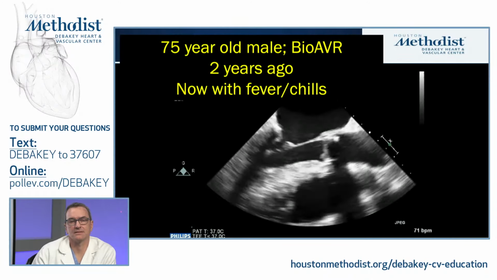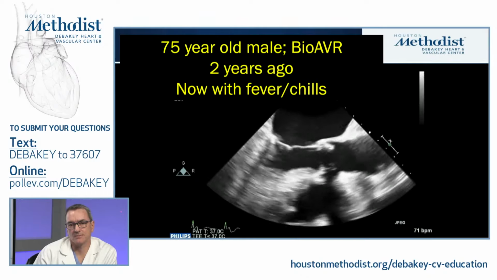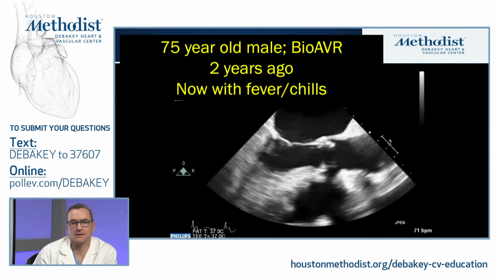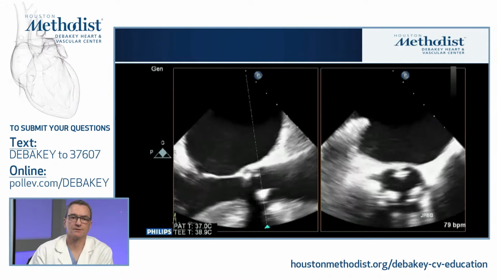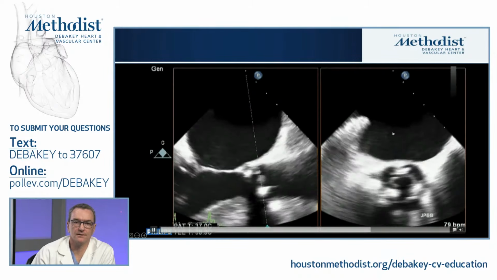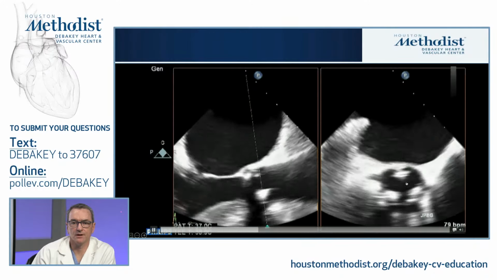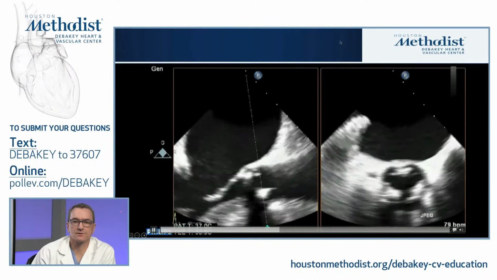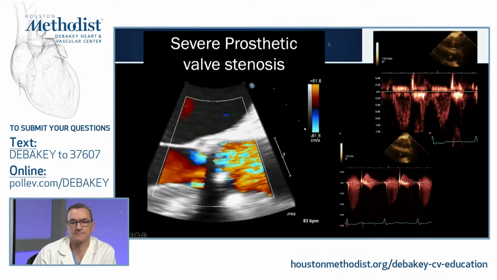So to give you an example of that, this is a 75-year-old gentleman who had a prior history of a biologic AVR 2 years ago, so not in any sort of immediate post-op concern, but fevers and chills, has this echo. On a little closer inspection using an X-plane for simultaneous 3D, you can see that there is a concern on the left image, a small identifiable mass that is not the prosthetic leaflet tissue. And you can even see it sort of popping into view on this X-plane view. So this was the concern, fevers, a mass, prosthetic valve, enough to say that this is likely endocarditis.